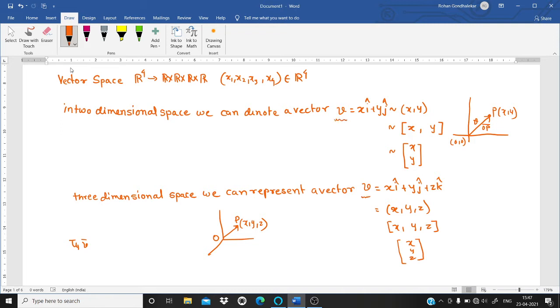Is it? So the starting point of a vector is usually called the initial point, and the end point of a vector is called the terminal point. If the initial point of a vector, as in the above vectors, is the origin, then the coordinates of the terminal point of the vector are called the components of the vector. So that's very important. You have already studied this, so I'm not going into depth of it. I'm just trying to revise it.